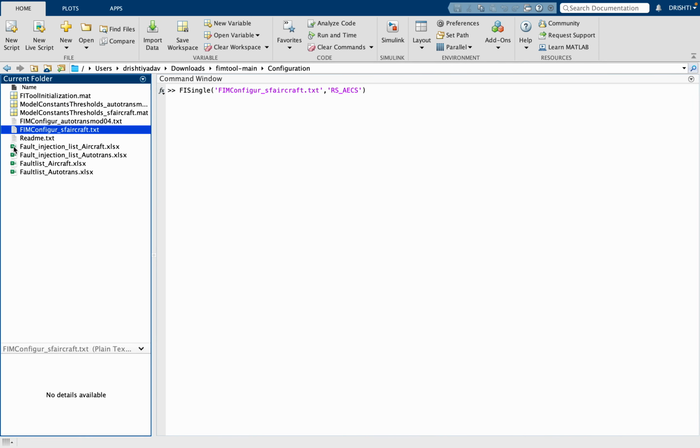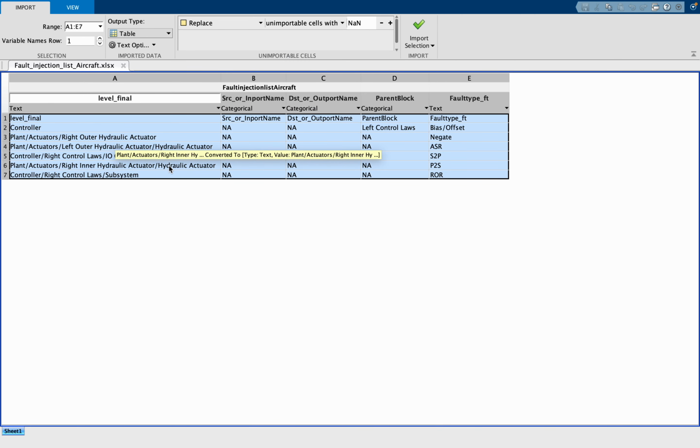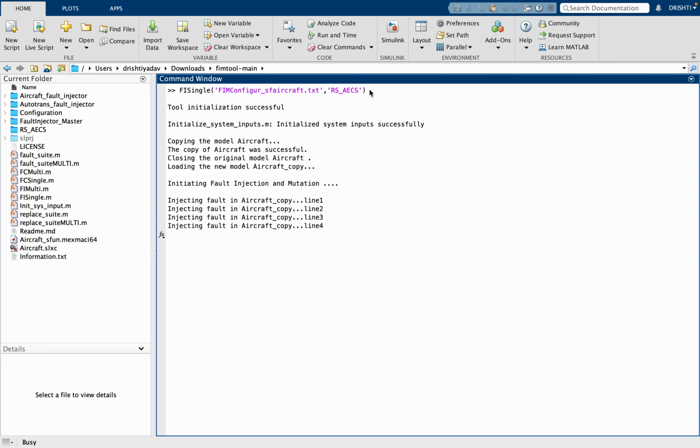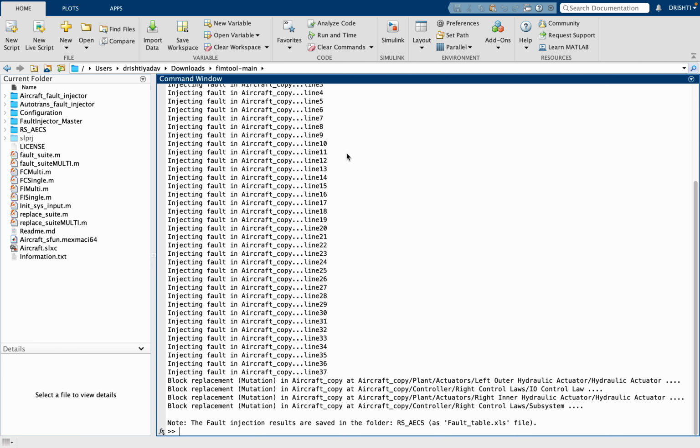The fault list is stored in the configuration folder and has different fields to specify the fault injection space and the type of fault to be injected. Level final specifies the hierarchy depth of the SUT. Other fields include the source or the import name, the destination or the output name, the name of the parent block, and the type of the fault or mutation. After execution of the command, FIM creates a copy of the original model and starts injecting the faults in the copied file. Once all the desired faults are injected, the fault injection results are stored in the